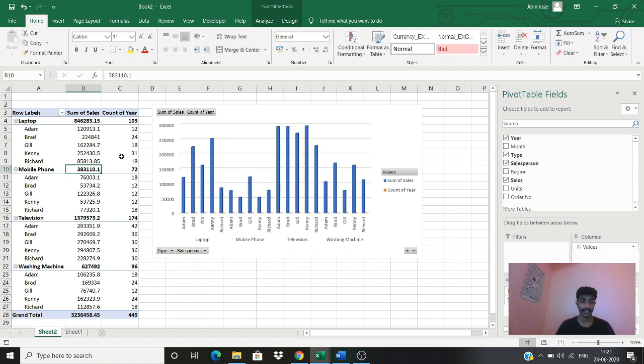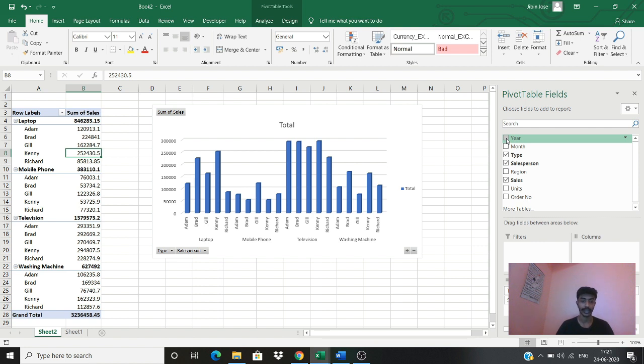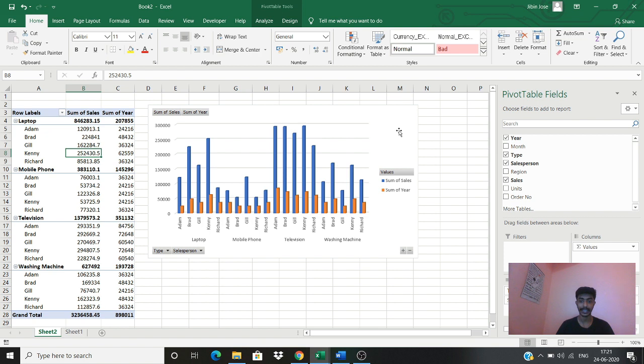And as I mentioned, it's completely flexible. So I would like to show you why I say that. If you will just focus on the screen here. As soon as I go here and take off year from here, and I untick it, you can see the variation in the pictorial representation as well as the table. I click it again, it automatically comes out with the value. That is the reason I said it's completely flexible.